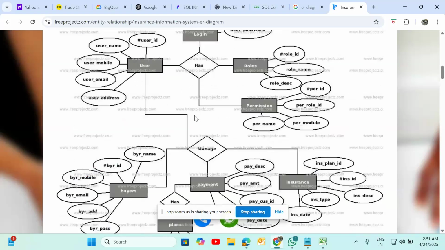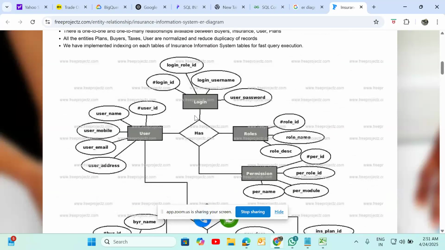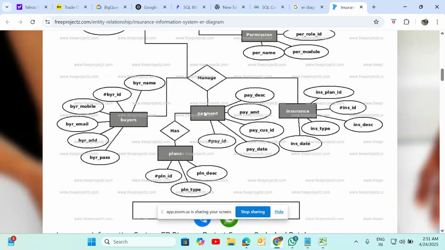These are the tables. For example, if you are logging into Google or Gmail, all the tables have a relationship to each other. Yes, it's a data model. ER diagram, entity relationship.